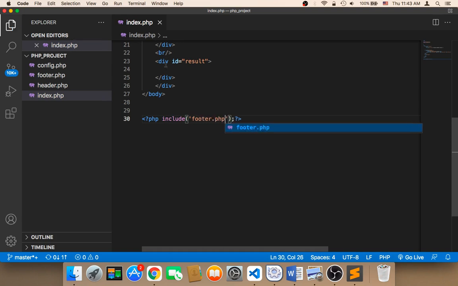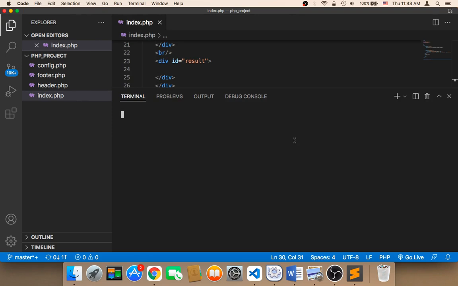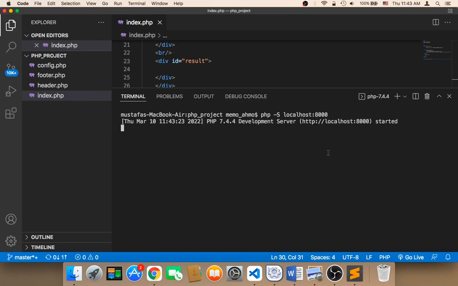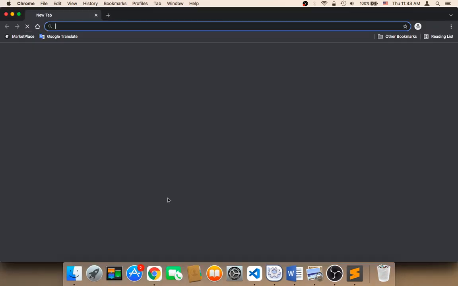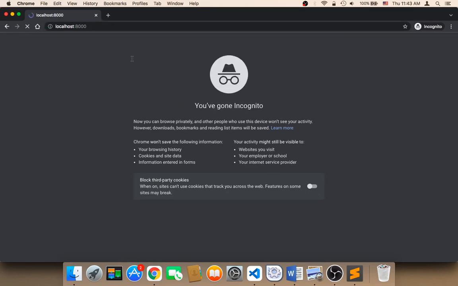Now we need to test. In order to test, you need to open the terminal, View, and then Terminal, and then you need to type this command: php -S localhost:8000, and then hit enter, and as you can see here it says development server started. So we need to copy this URL. I'm going to copy this URL, and then go to my browser and paste it in the browser here, and then hit enter, and